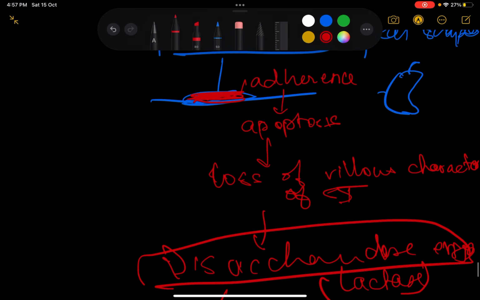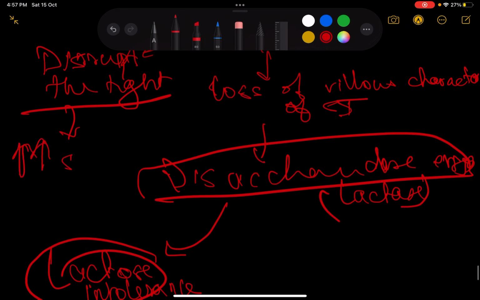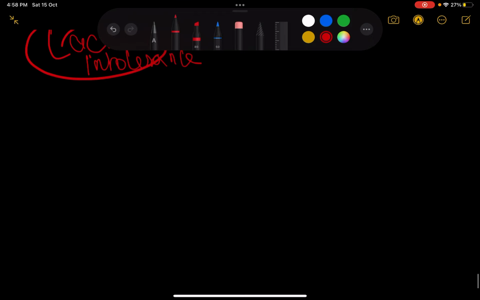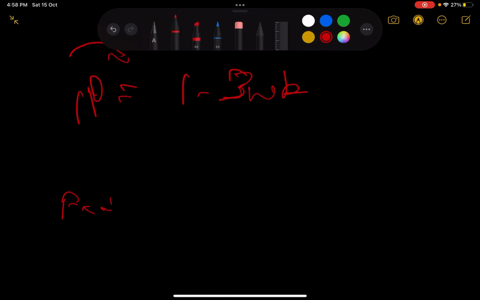And what it also does is that these trophozoites, because they cause adherence, also disrupt the tight junctions. So when they disrupt the tight junctions, there is increased secretion, and there's going to be diarrhea again. So this entire series of events occurs when you've ingested the quadrinucleate cyst, and there is an incubation period of 1 to 3 weeks. And then the patient is going to come to you with features of diarrhea,